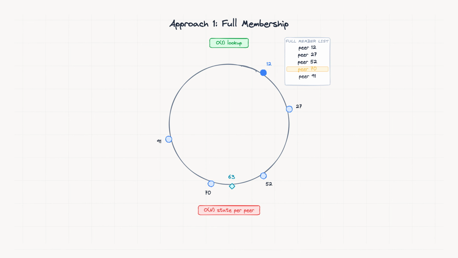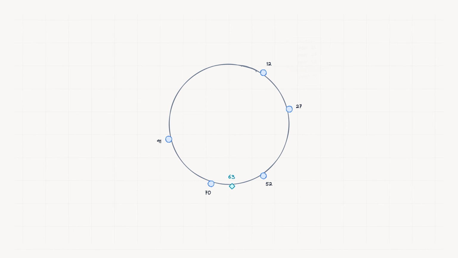But every peer is carrying O(n) state, a list of every other peer in the network. And when someone joins or leaves, that update has to reach all n peers. So membership changes cost O(n) messages per event. For a small network, fine. For thousands of peers churning, that's a lot of overhead. So let's try the other